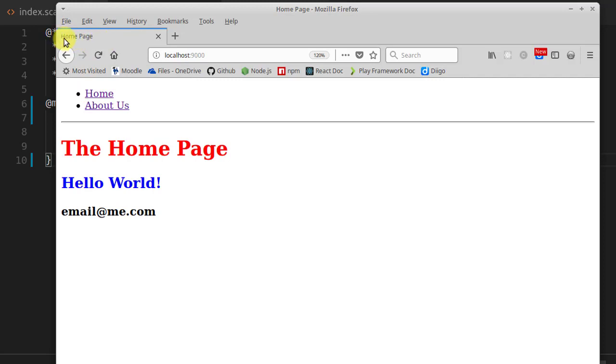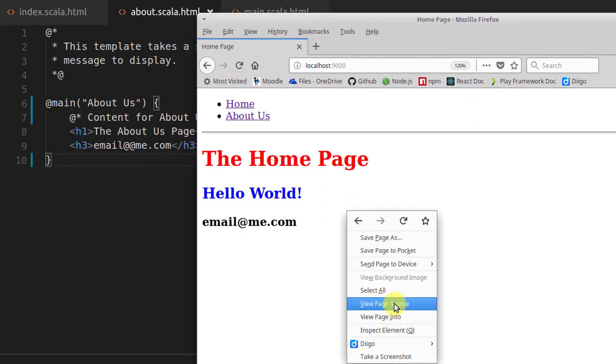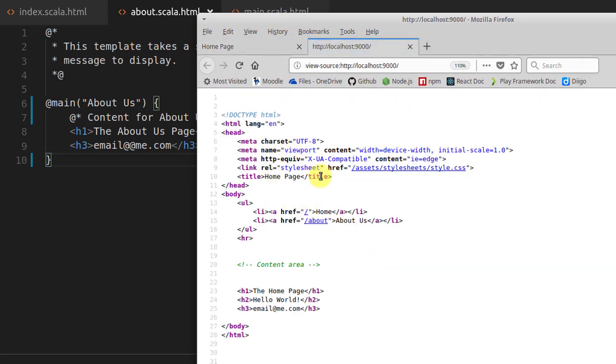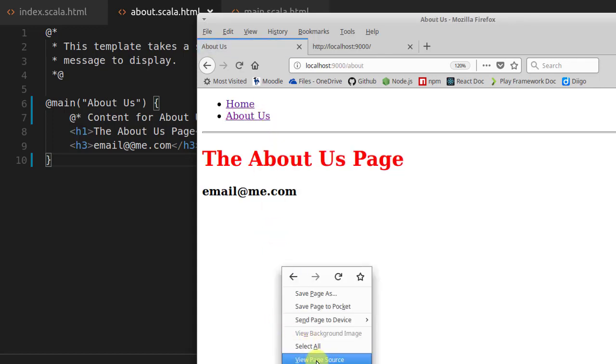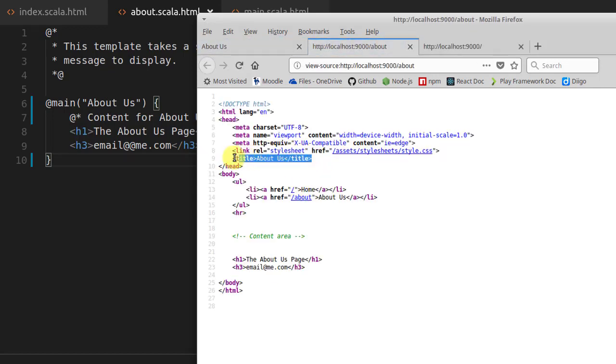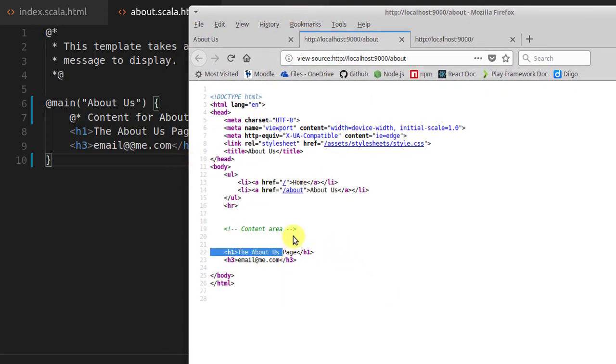That's the title variable which we passed in, and there's home page. If I look again in the source, up here you'll see in the title element it says homepage for that one, and in this one we have about us in the title. So that's the template working. And again, content area. I put in, you can see the difference with the HTML comment, which actually persists to